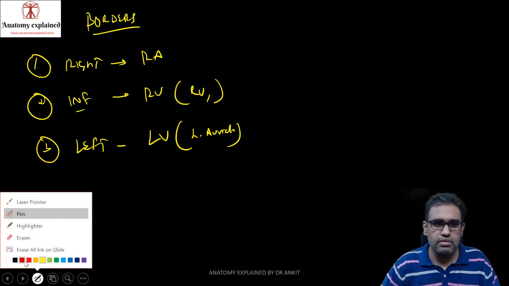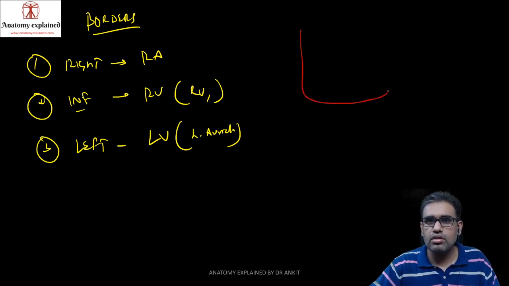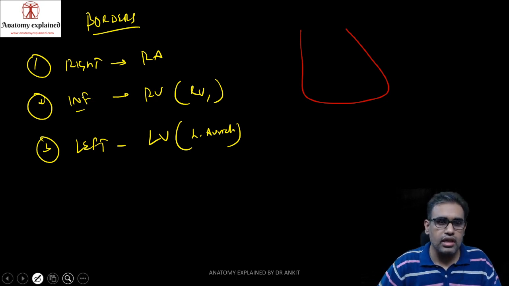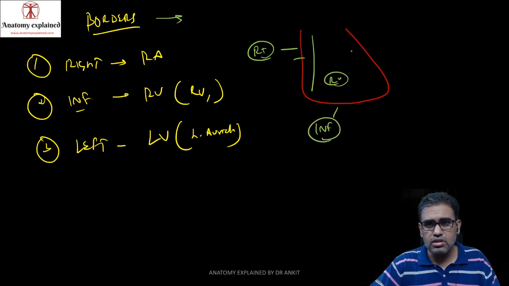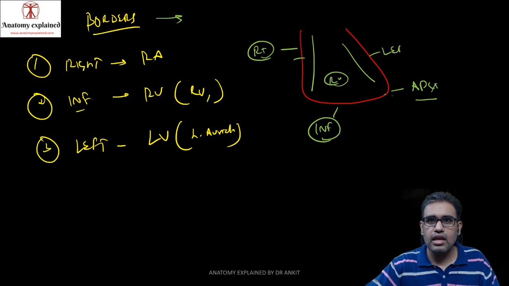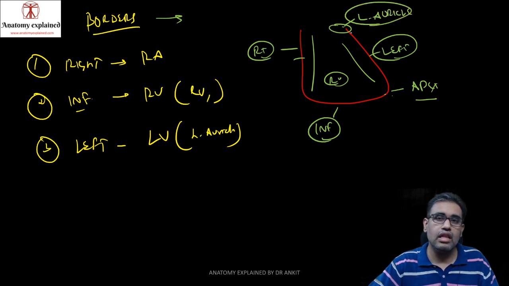So if you look at this same thing, this was what we drew in the heart anterior view. So this was the right border. We are talking about the borders over here, mainly by RA. The whole chamber over here was RA. The inferior border is this, mainly by the RV, because that was the main surface over here, RV. And a small component maybe by the LV over here, that is the apex. And this was our left border, basically by the LV. Above we can have some part of the left auricle, which is the appendage coming from the left atrium which is present behind. So these are the borders.